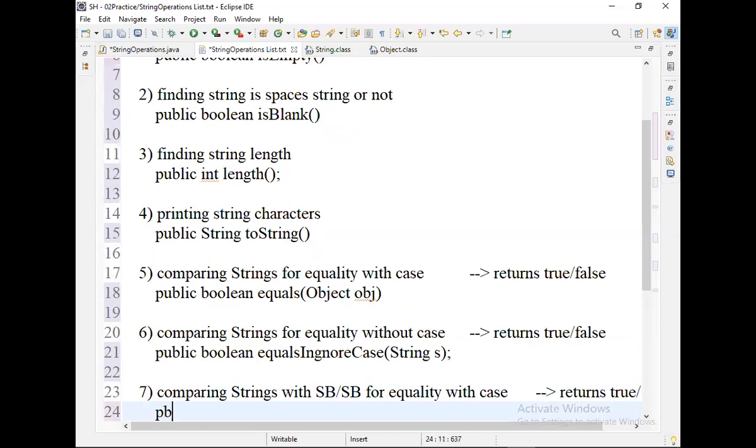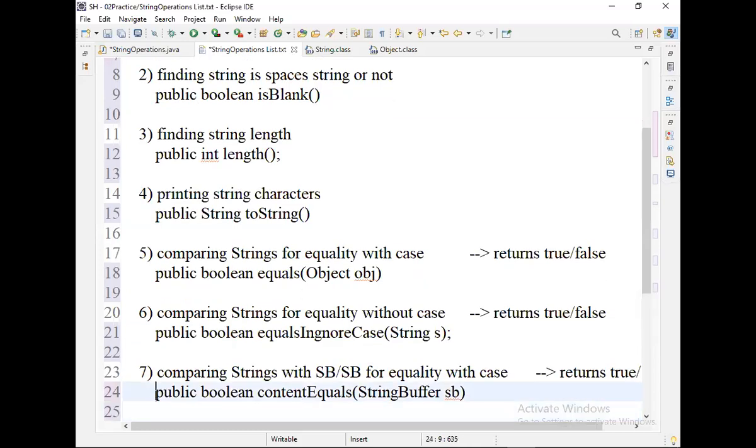The next, public boolean contentEquals. Its parameter: we have two overloaded methods, StringBuffer sb and CharSequence.